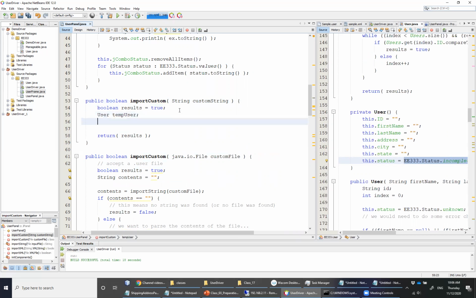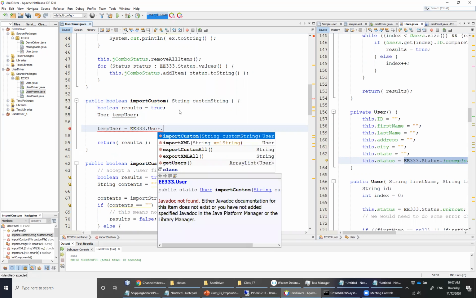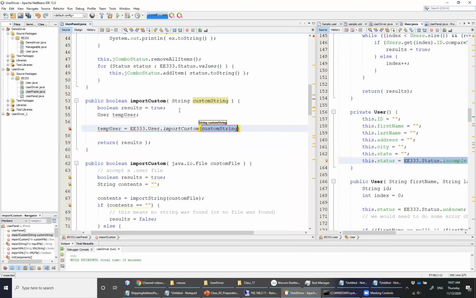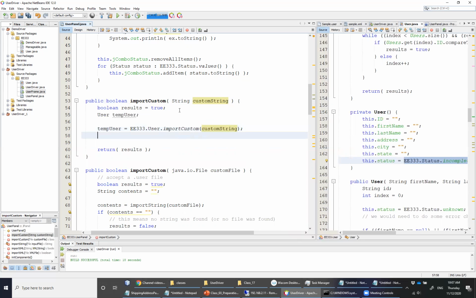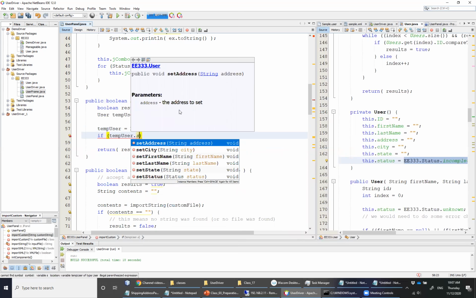And what we're going to do is simply use the EE333.user.import_custom, the static method, and we're going to pass that custom string to it. And since the way we've written it, we are guaranteed that we're going to get a user back, we can simply say that if our temp user dot status